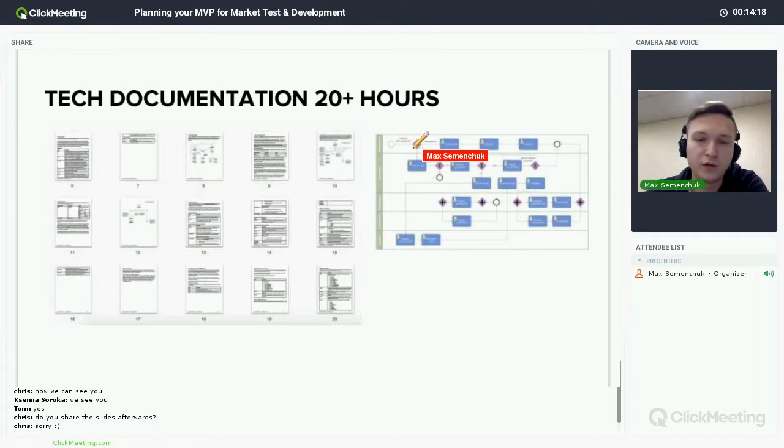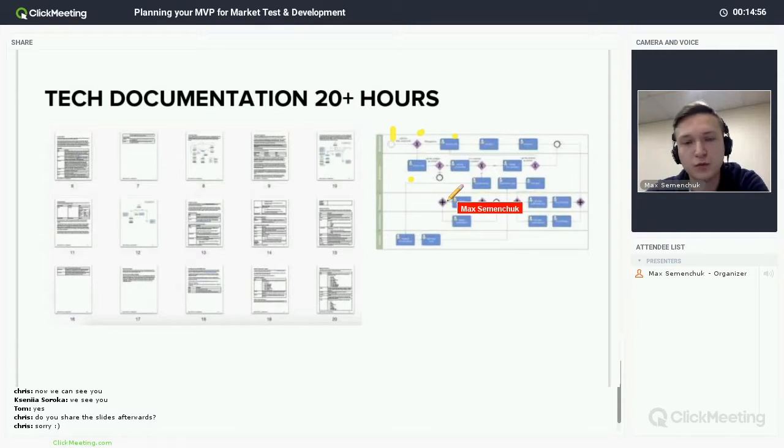So this is an example of a diagram showing the flow. For example, if an order is created, then you get a request in your admin panel, then the admin approves, or for example, the seller does this stuff. It allows you to document the main flow with the logical process of doing it, and it's one of the most important parts of the tech documentation. This is something that developers would really like to know before going to the development.